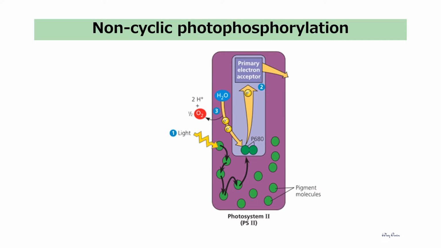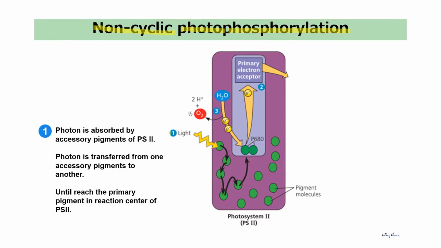Let's study the non-cyclic electron flow, or how the non-cyclic electron flow contributes to non-cyclic photophosphorylation. It begins with the absorption of light energy or photon by the accessory pigments of PS2, because the non-cyclic photophosphorylation begins with photosystem 2, and the photon is transferred from one accessory pigment to another one until they reach the primary pigments in the reaction center. Because this is PS2, the primary pigment is actually the chlorophyll a